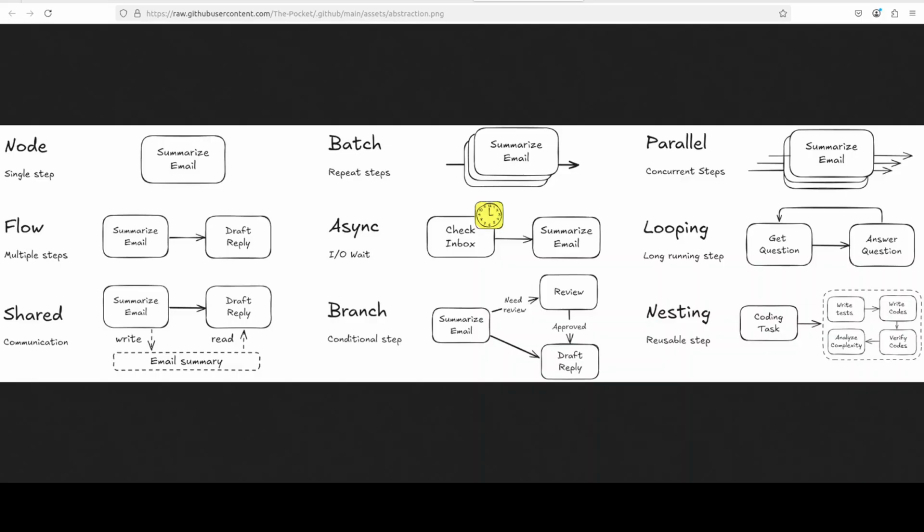But now if you look at this specific diagram, here the node is performing a single task like summarizing email, while a batch repeats the task for multiple inputs. A parallel flow runs tasks concurrently, and a flow chains tasks sequentially, such as summarize email, then draft reply. Async is handling tasks that involve waiting, like checking an inbox before summarizing. Looping enables repeated interactions such as get questions, answer questions, and shared allows nodes to read and write shared data,